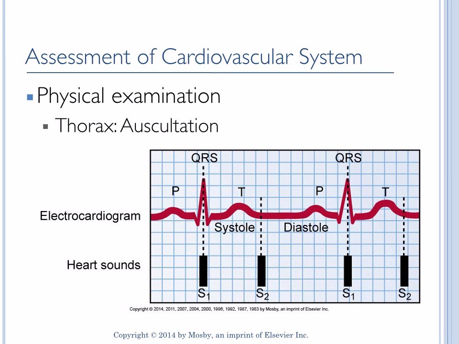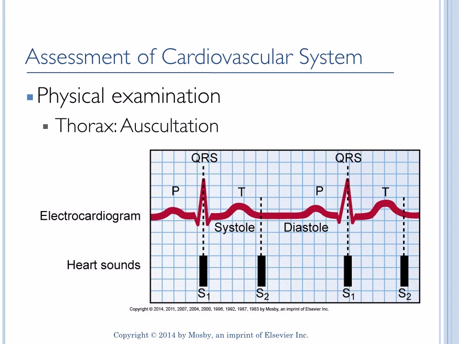Okay, so when auscultating the heart apical area, you should simultaneously palpate the radial pulse. The S1 and S2, the lub and dub sounds of the heart, are best heard with the diaphragm of the stethoscope because they are high pitch. So the first heart sound, which is associated with closing of the tricuspid and mitral valves, has a soft lub sound. The second heart sound S2, which is associated with closure of the aortic and pulmonic valves, has a very sharp